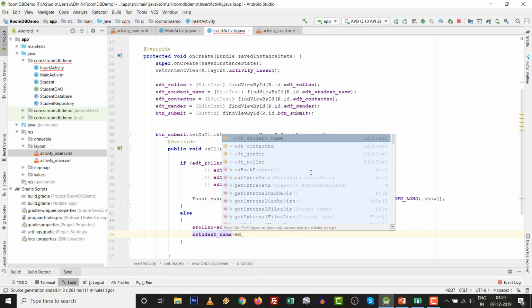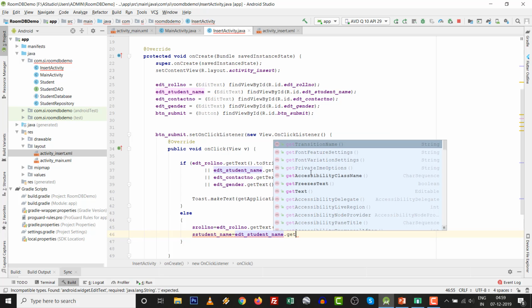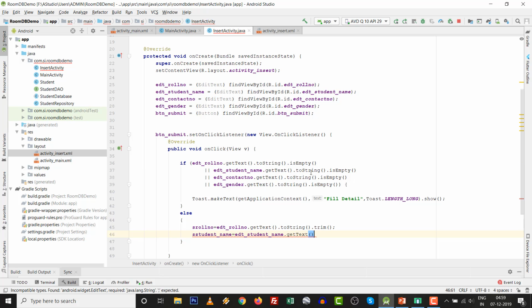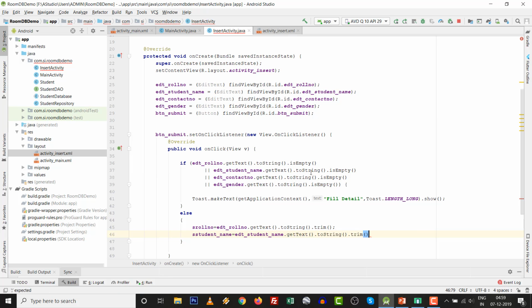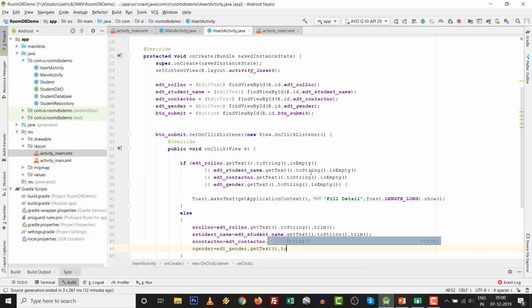Student name equals edtStudentName.getText().toString(); then it's the same for the contact number: edtContactNumber.getText().toString(); then the last one is the gender one: edtGender.getText().toString();